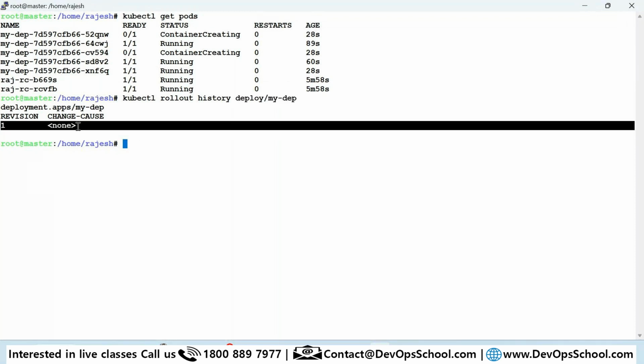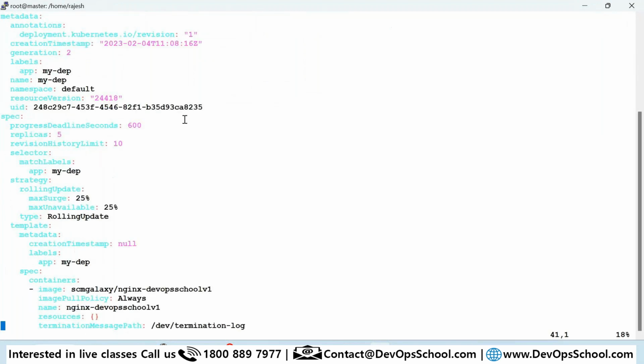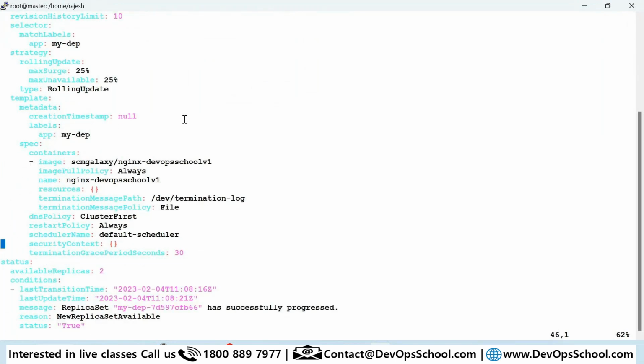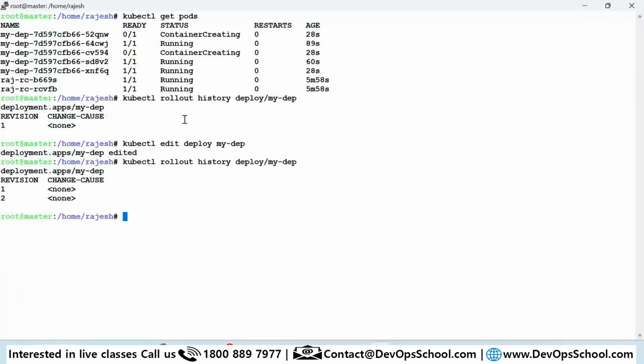If I change the image one more time, automatically it will be rolled out to the new version. Let me do that. I did that to my deployment, and here I'm changing the image. Remember that I have two images, v1 and v2, both in Docker Hub. Now see, I changed the image version from 1 to 2, and the rollout has happened to 2 also.